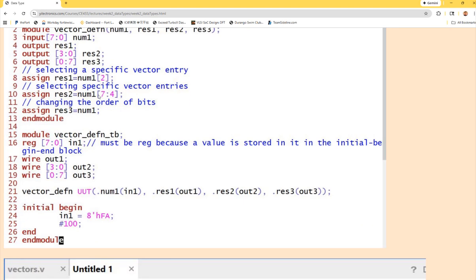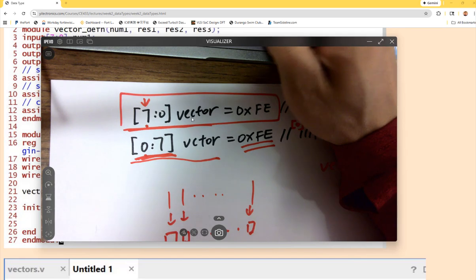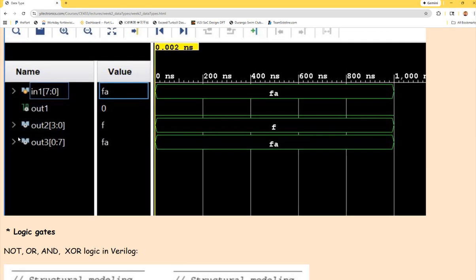So there are some examples of assignments that show you the concept. It's the same concept as whatever I just introduced. Run the simulation and you'll see the results over here. See here, right? For this one, I had an FA, and for this one, I have FA as well. In Verilog, you can definitely simulate this for the results of the waveforms. You can see a 1 or 0, but if you see something like this,